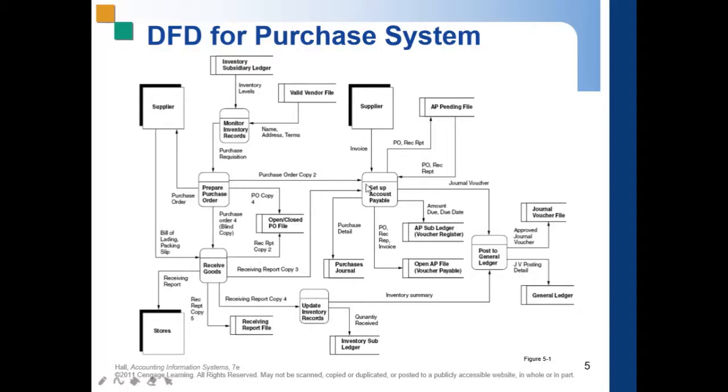Now, at this point, the firm has not received the supplier's invoice yet, which contains the financial information needed to record the transaction. So, if the firm then receives the invoice from the supplier,